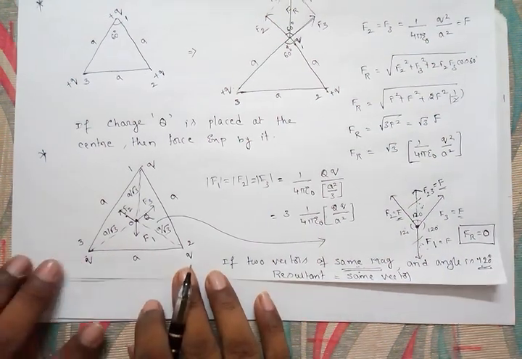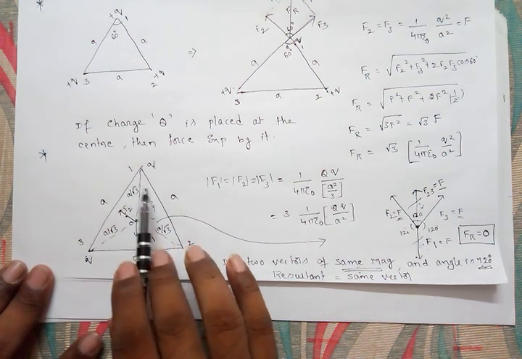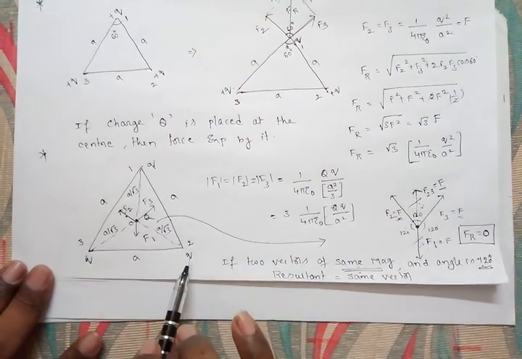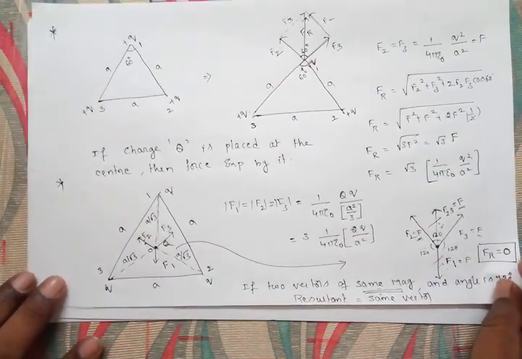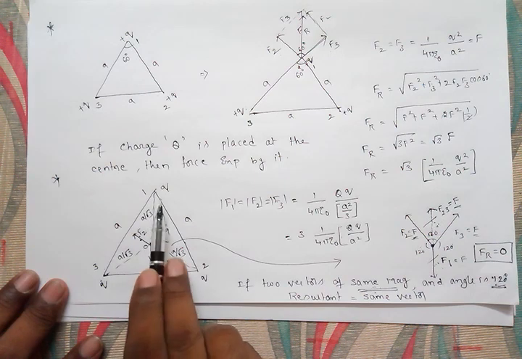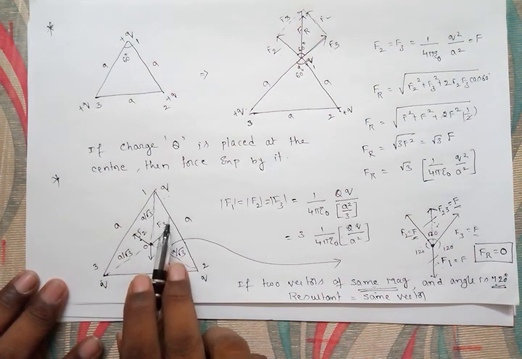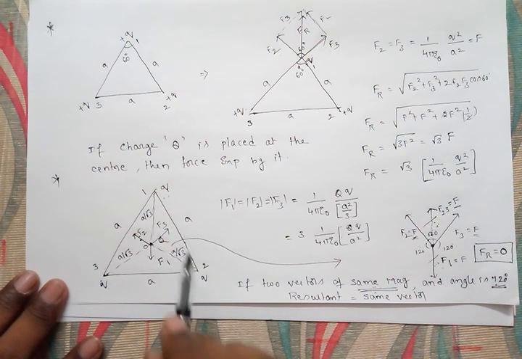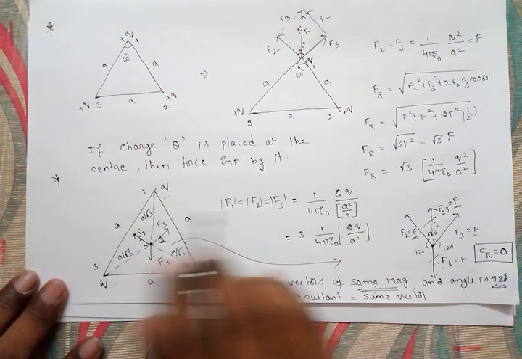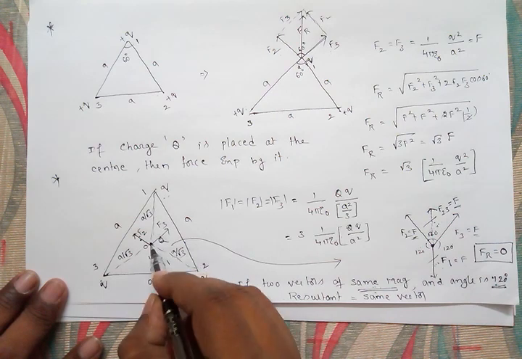Then you understand that with equal magnitude of charges, you can simply solve this kind of problems. One thing you can remember here: plus q, equal magnitude, and polarity wise equal charges must be present, because even if one charge has a minus sign, this result will not come. So charges equal in magnitude and polarity must be present at the corners around the centroid.